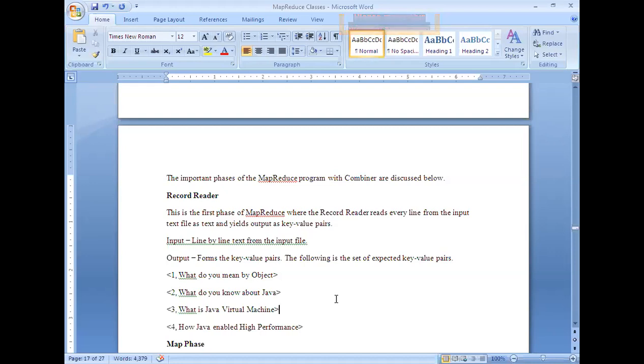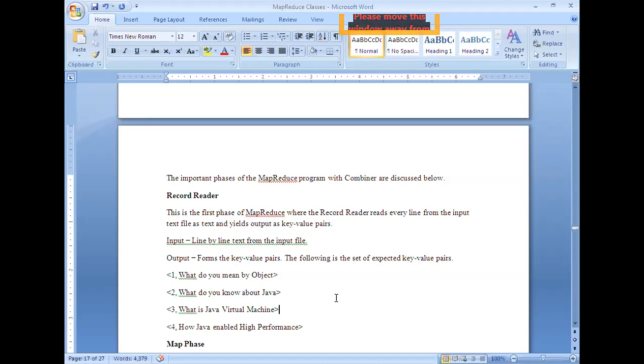In the YARN MapReduce framework, once you submit your job, it is redirected to the name node, resource manager and application master. They will together look at the completion of your job.